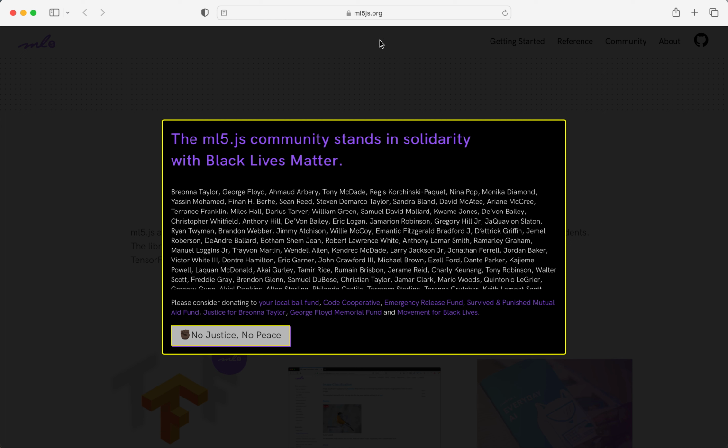I was looking at this site called ml5js.org. It's a machine learning tool for programmers. And there's been a trend where programming tools or websites for programmers will show their support for some social cause. For example, Grammarly, I believe, has a banner at the top of the page where they indicate their support for Ukraine or something. There have been lots of websites around tech which indicated their support for the organization Black Lives Matter. The level to which this website goes is new to me,